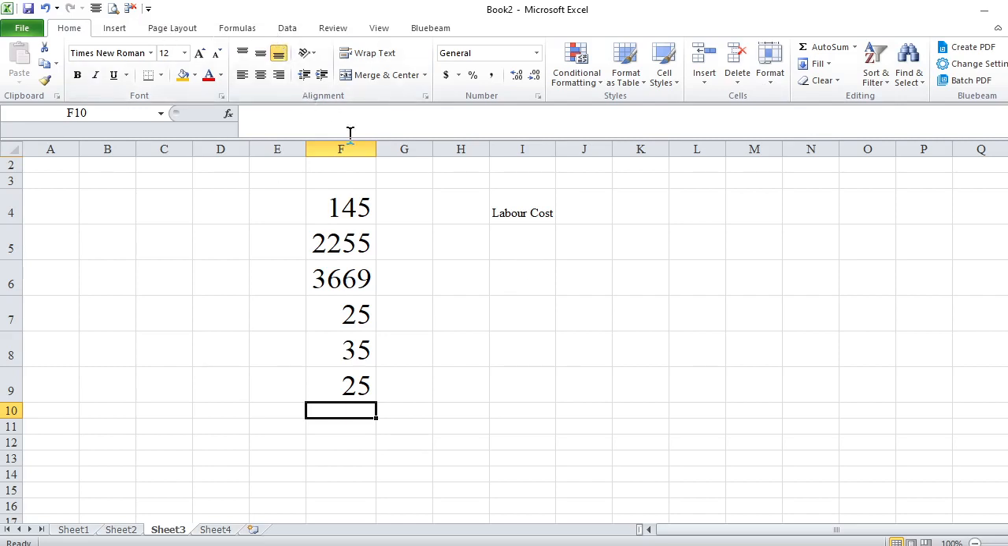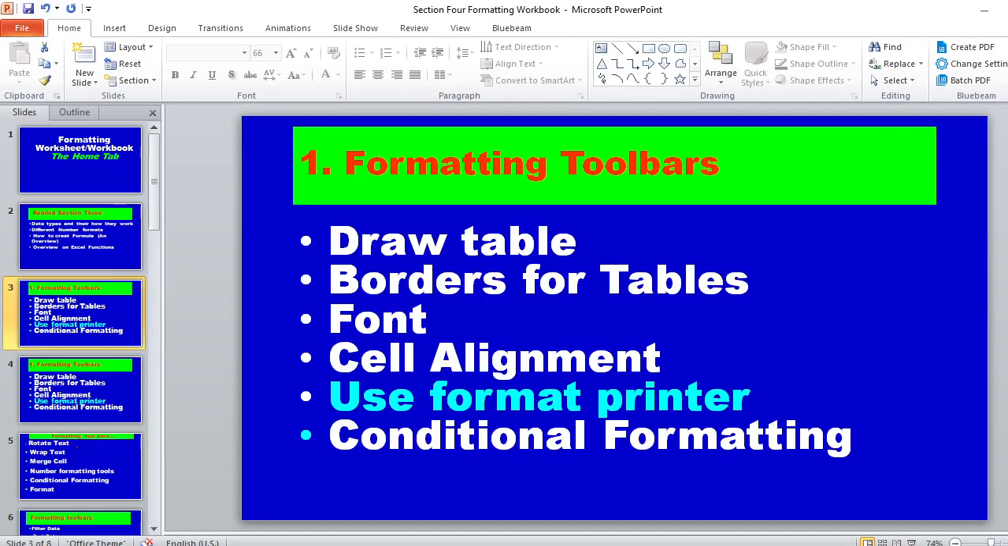Data and page layout. We'll finish all the menu bars, and you will have full knowledge of Excel for your career. So the next step is conditional formatting. So I think